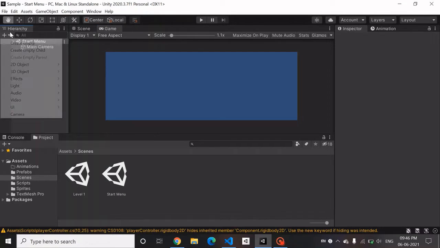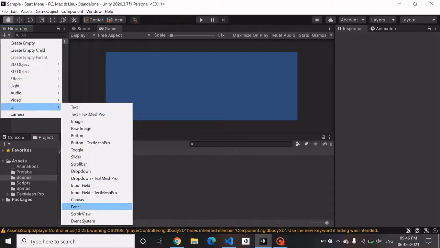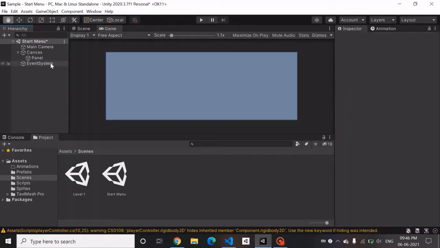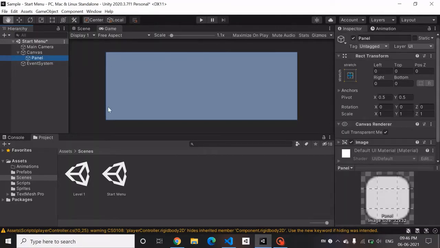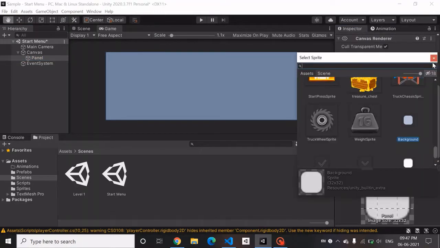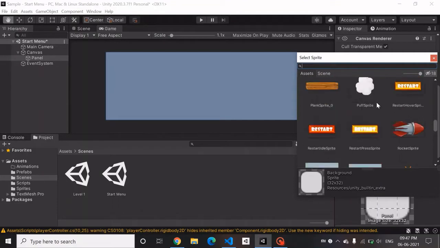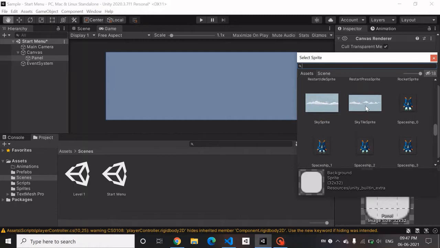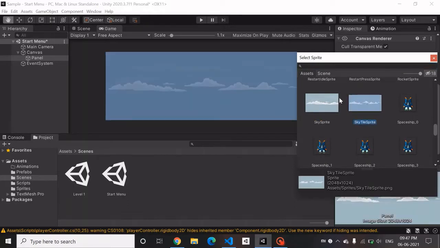So for that, we're going to first add a canvas, and we can directly add a panel which adds the canvas as the parent. So this is going to be our background, and either we can keep the panel background to be plain, or we can change the image of the background. It has set a default image, but we can set our own images here. So I'm going to search for the sky tile that we had, and let's set that as the background image.